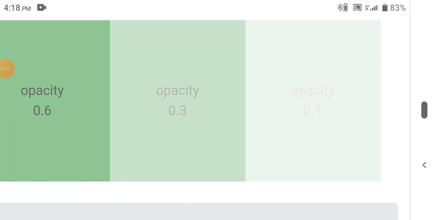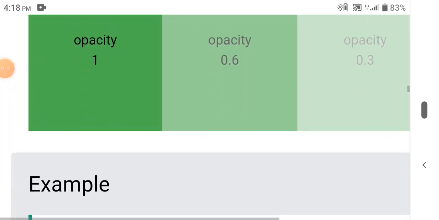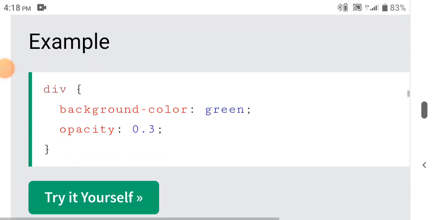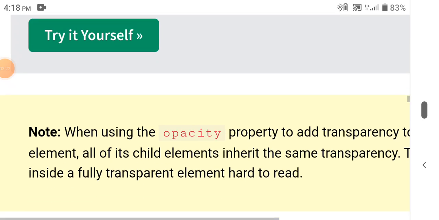So what can you expect for opacity 0.0? Not only is it fully transparent, but even the text is not seen at all. What is the text? Opacity and the value. Example: div { background-color: green; opacity: 0.3; }